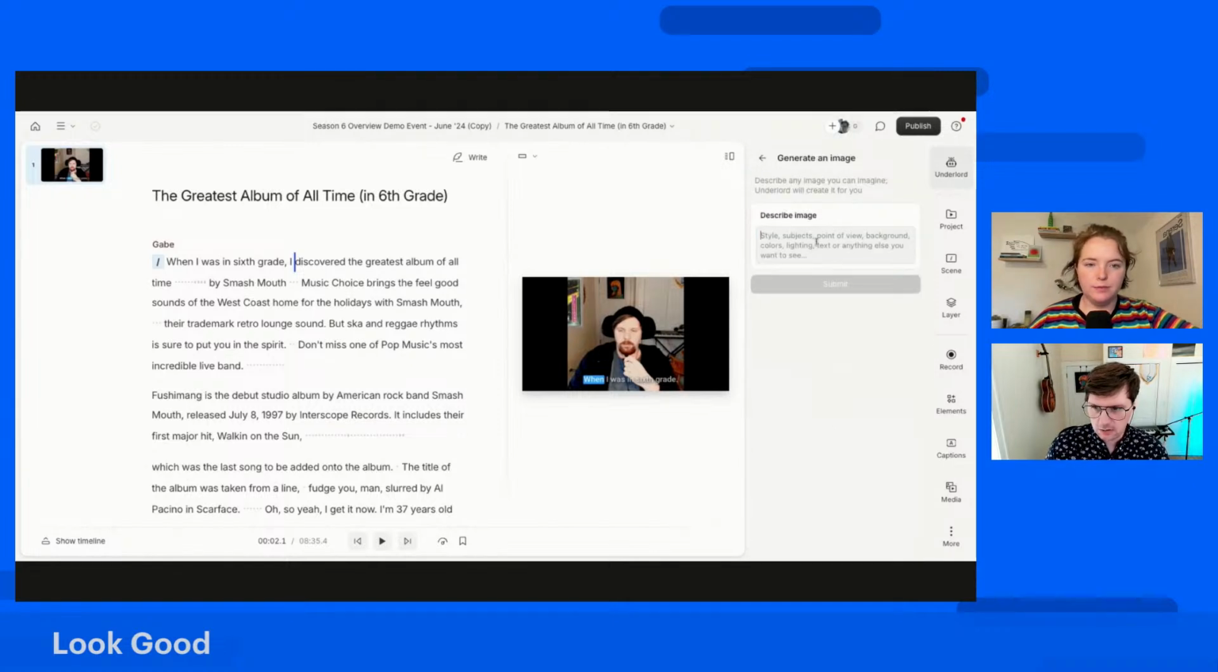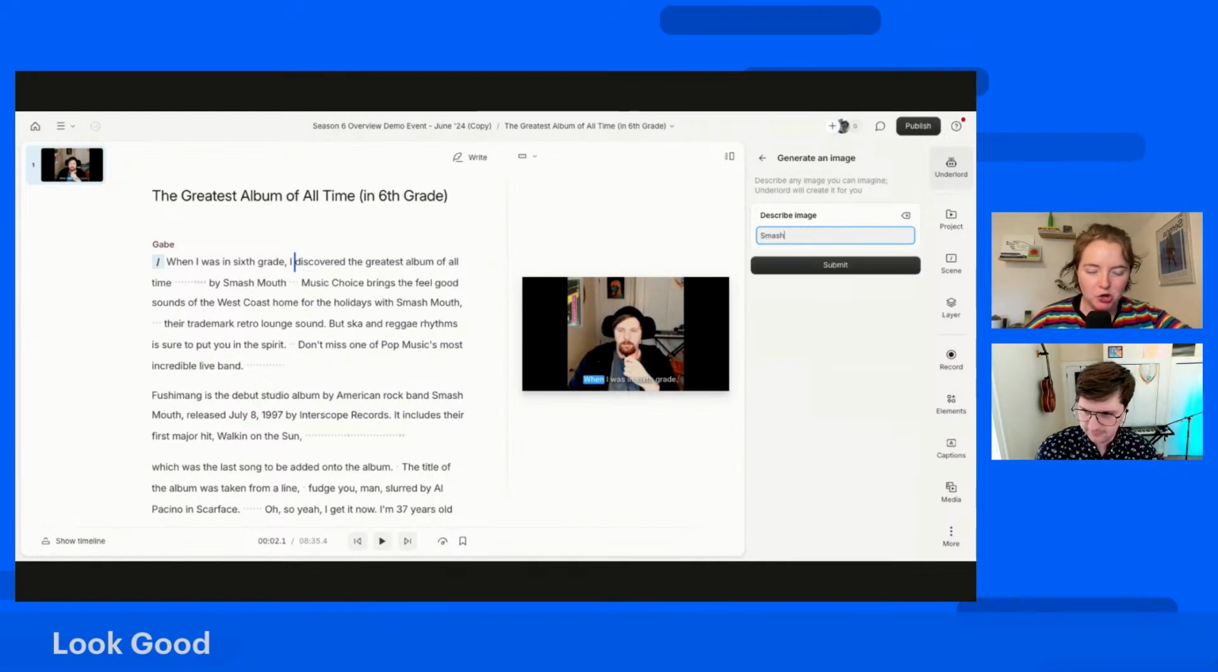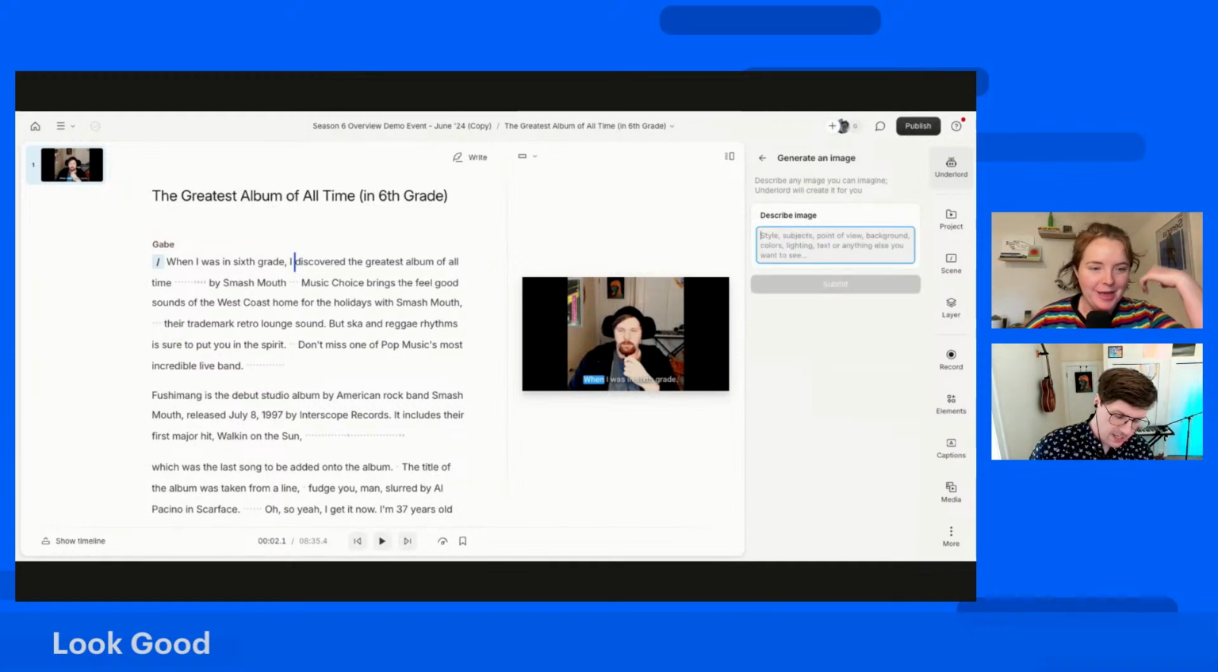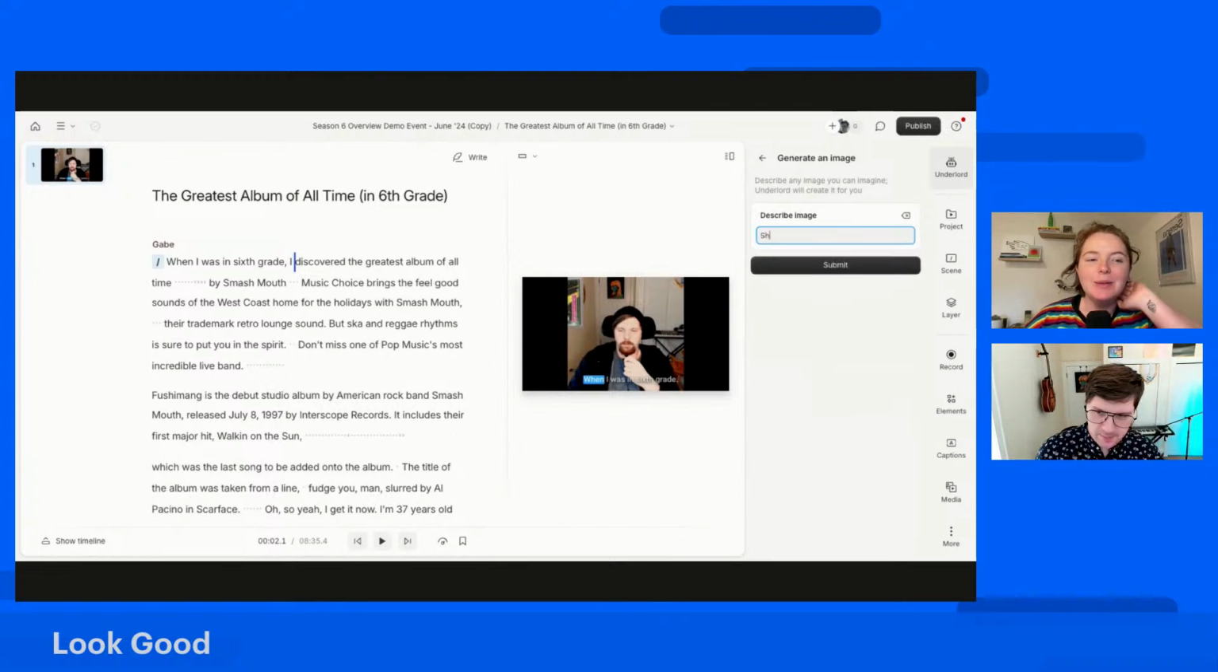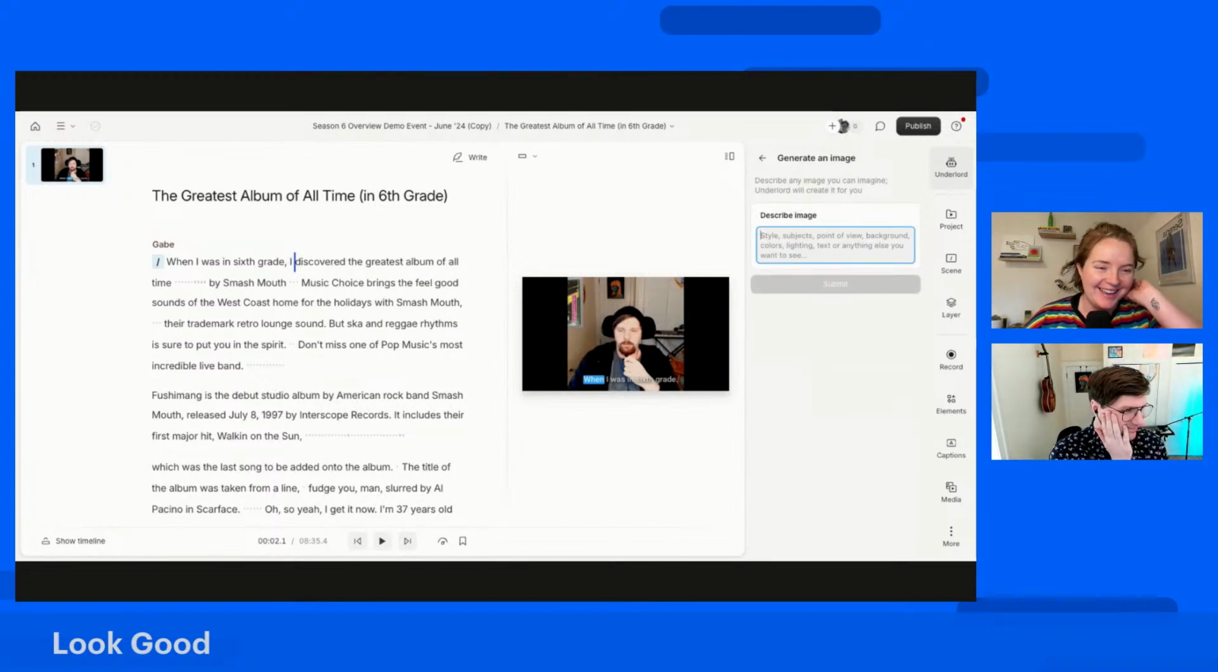This is just using DALL-E image generation, just a nice tool to have in your playbook. Any ideas for a little image we can generate here? Smash Mouth makes me think of Shrek. Okay. I don't know if we're allowed to invoke Shrek right now. Are we making any money off of this? Maybe just like